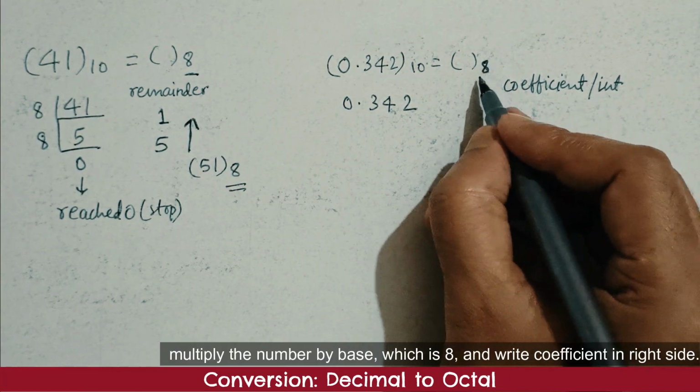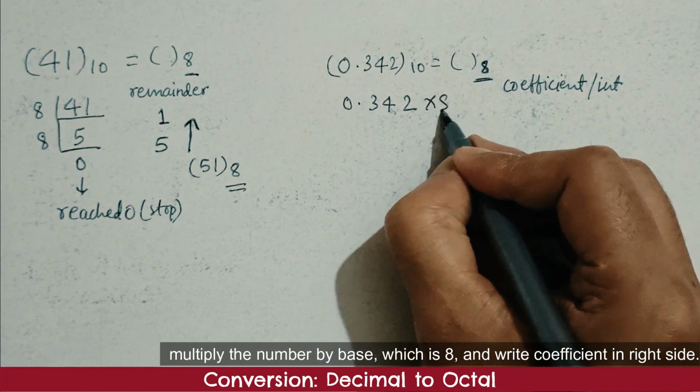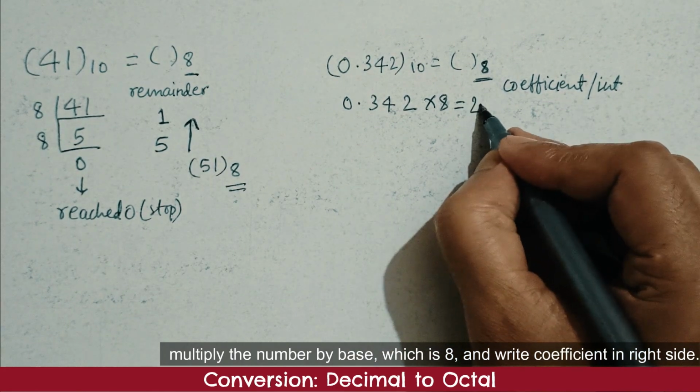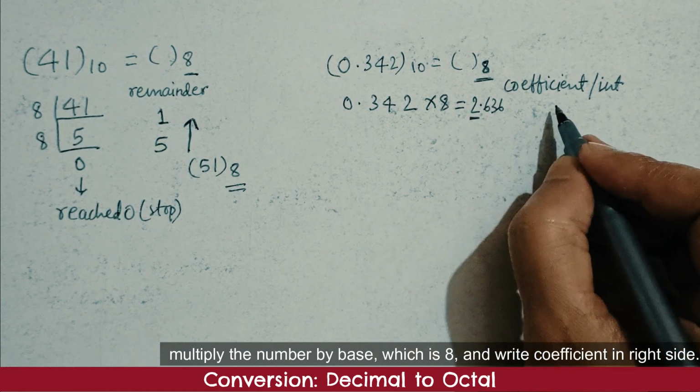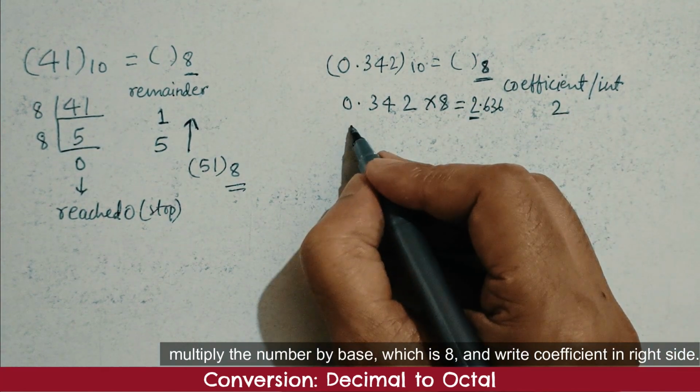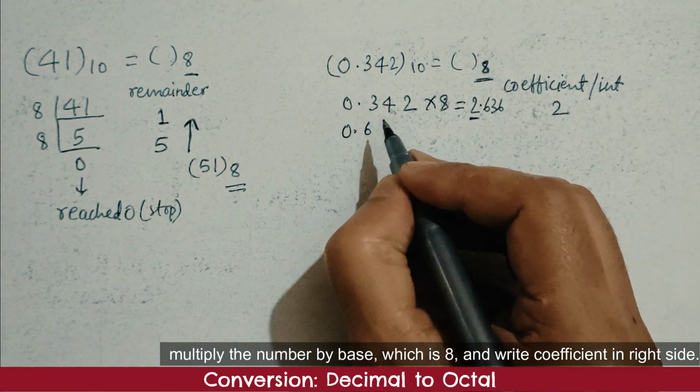As you know, the base of octal is 8. I will multiply the number by 8. Then the result will be 2.636. Then, I will write the coefficient of the resultant number, which is 2, on the right side. Now, write down the remaining digits,